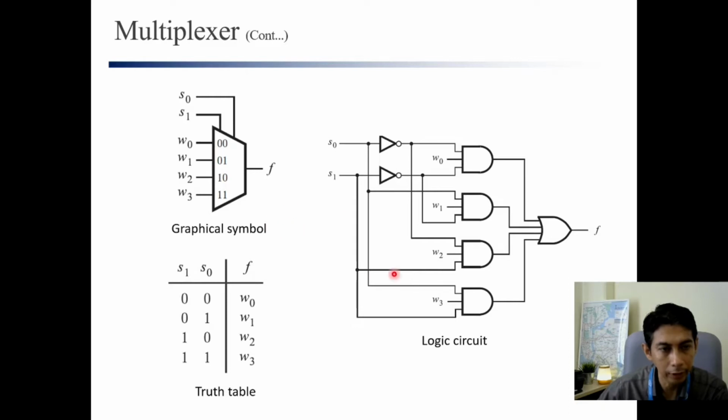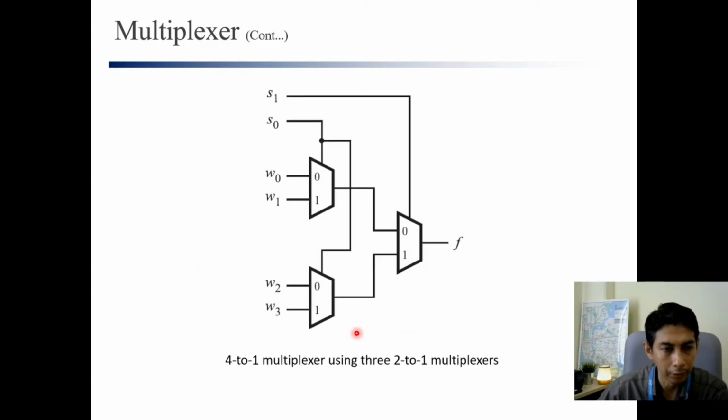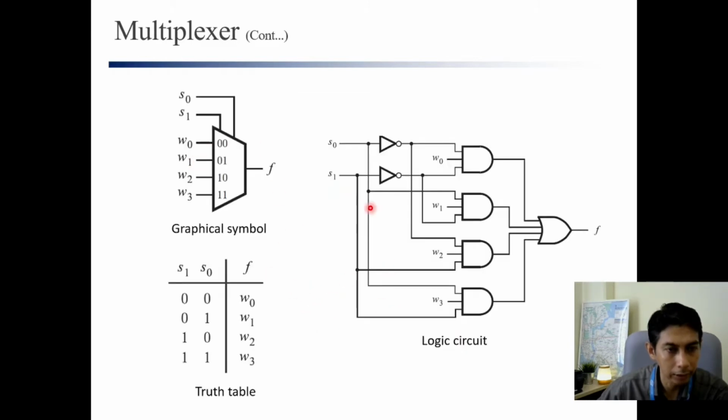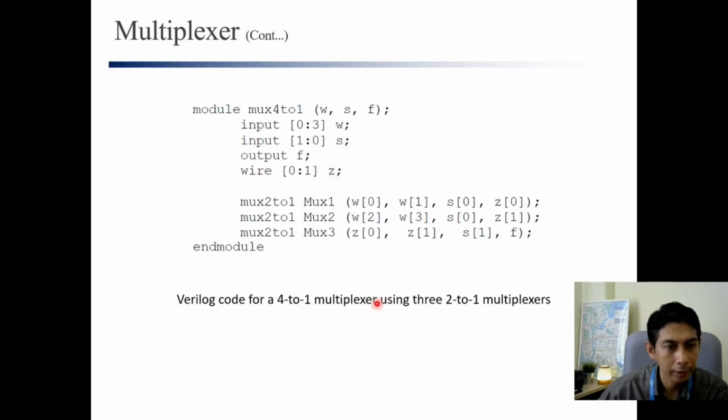So if we have this, we can straight away write the Verilog code for our multiplexer. And this is a 4 to 1 multiplexer also, built using 3 2 to 1 multiplexers. It depends on how we design our circuit. If we want to use the previous design, this is the way. But if you want to build the complete one and don't want to use the previous design, then this is the way, right?